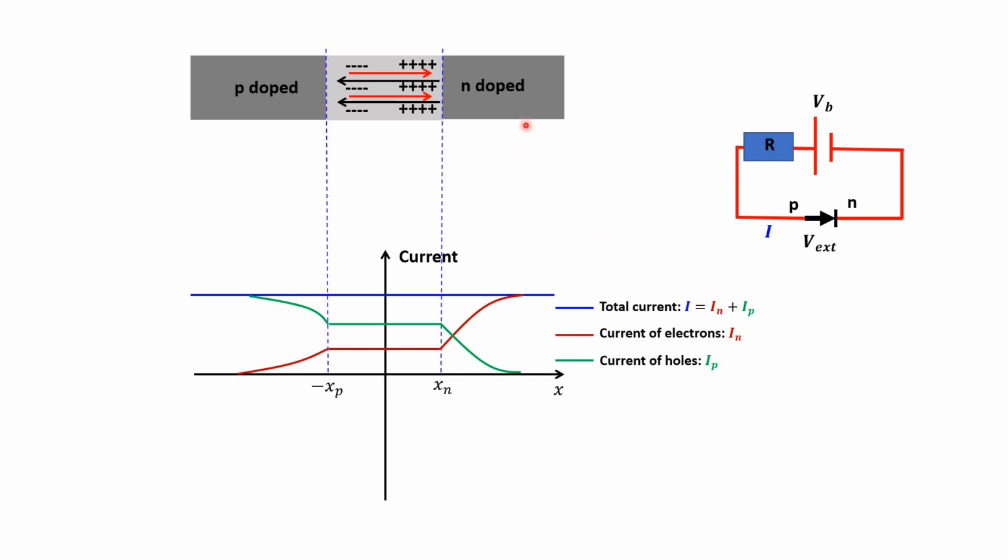For example, you can notice that in the n-doped region and away from the depletion region, like in here, for example, the total current is given by only the current of electrons. The current of holes goes to zero away from the depletion region due to recombination. So the holes are diffusing from P to N, and then they recombine when they enter the n-doped region until their contribution vanishes. And the same feature happens on the other side. So the contribution of current of electrons away from the depletion region in the p-doped side also goes to zero